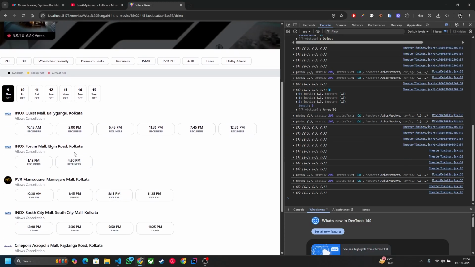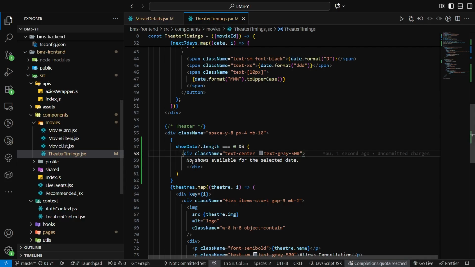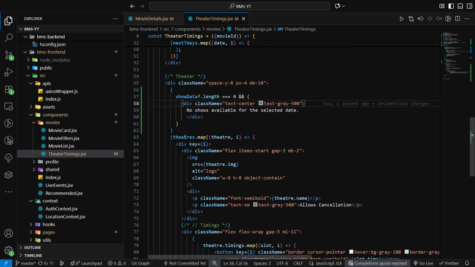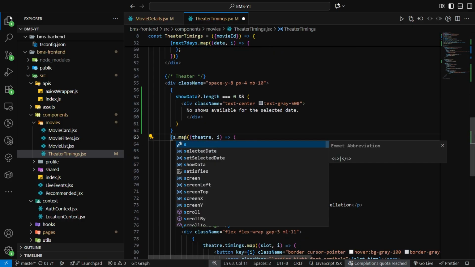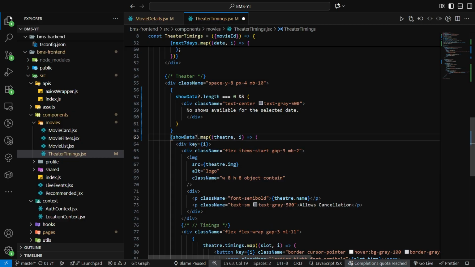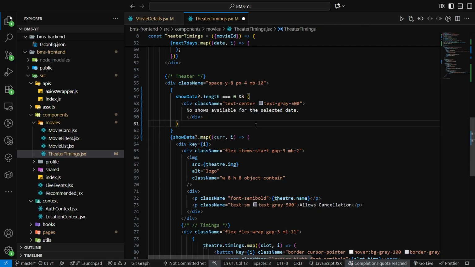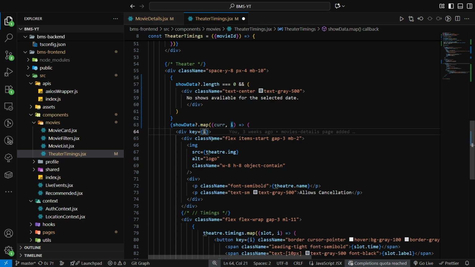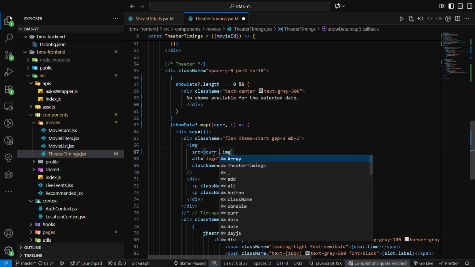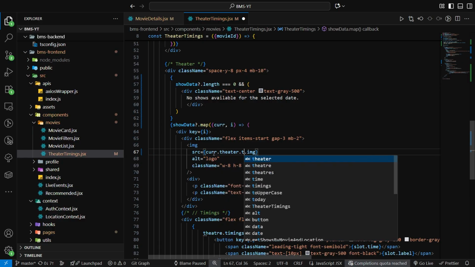Currently the length is not equal to 0, then we cannot see this. Okay, now let's go to here and render the theater data. First of all, just write source data dot map, and inside this just remove this theater and write current. It means current data. And here just write I, it's good. Now here just write current dot theater